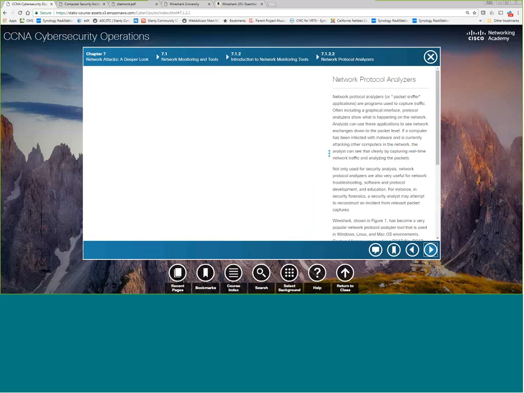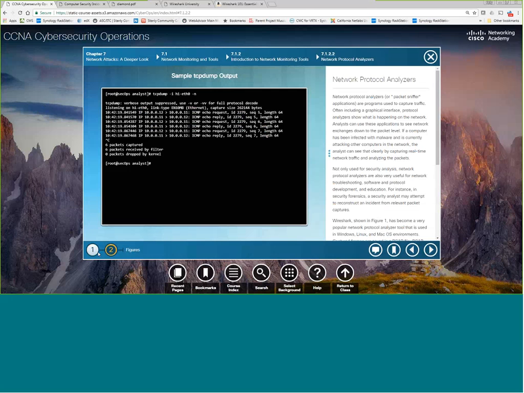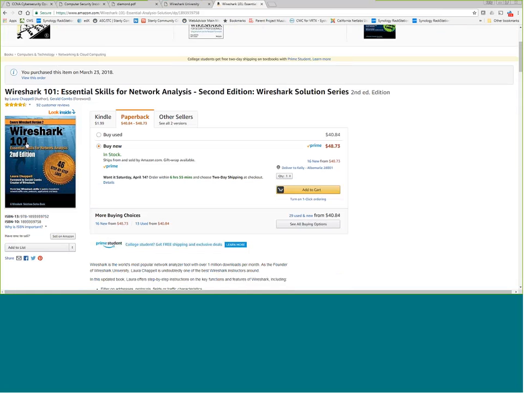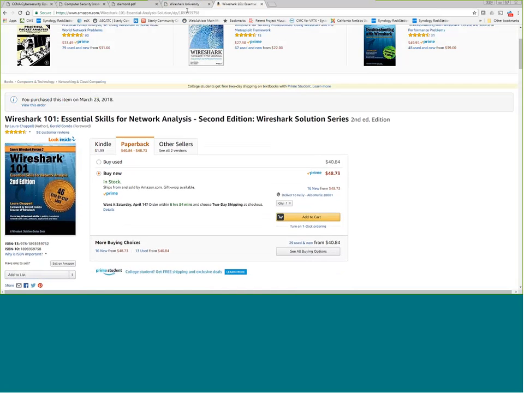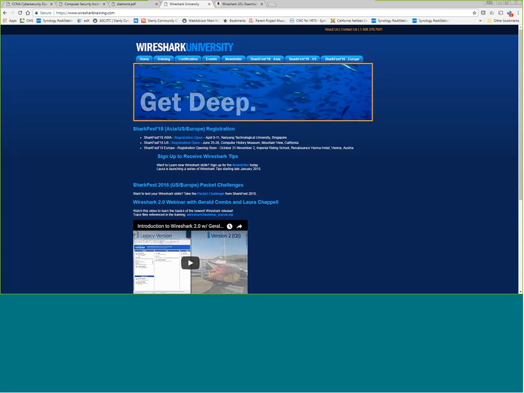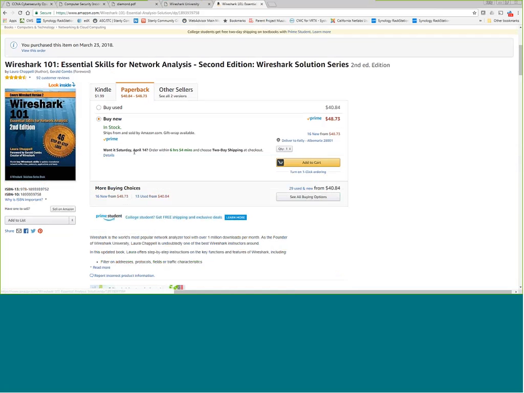Now, one of the things, this is Wireshark output. We played with Wireshark. You should be familiar with it. I think I talked a little bit last class even about this Wireshark University, where you can go get training and certification. I bought this book, Wireshark 101. It's got like 40-something different little PCAPs you can download from Wireshark University, and then they walk you through those PCAPs and help you with analysis. Be aware that this Wireshark University does have academic pricing, so I didn't have to pay 40 bucks for this book. I could have got it cheaper, or 50 bucks for this book. I'm just not a very patient man.